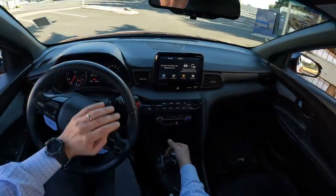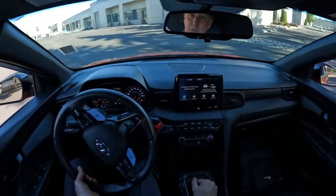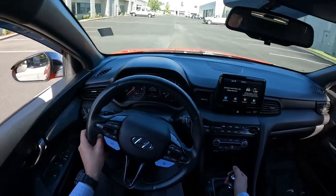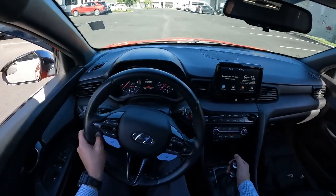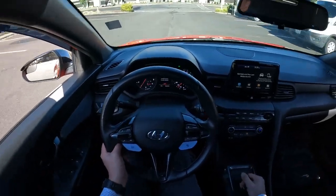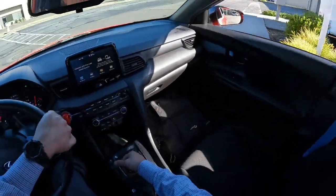I've always considered myself to be a fairly conservative driver, but sometimes cars like this can bring out the worst in me. Or I guess by other people's perspective, maybe the best in me, if you consider driving like a 16-year-old good. But yeah, cars like this, if you're feeling a little bit bored with life, maybe you're having a near midlife crisis like me,